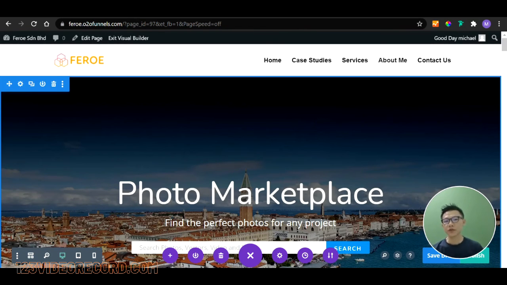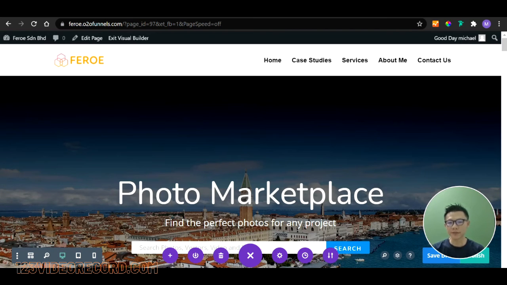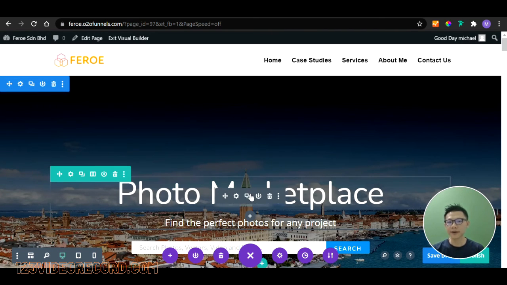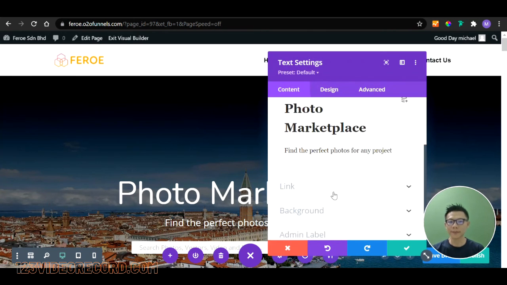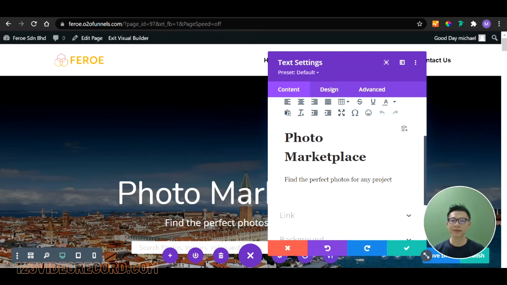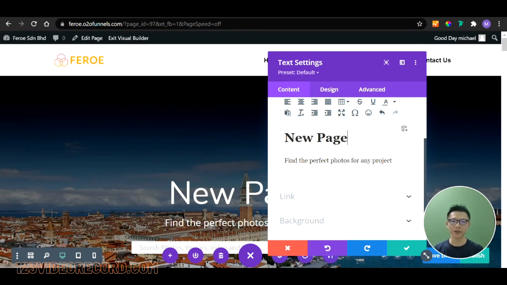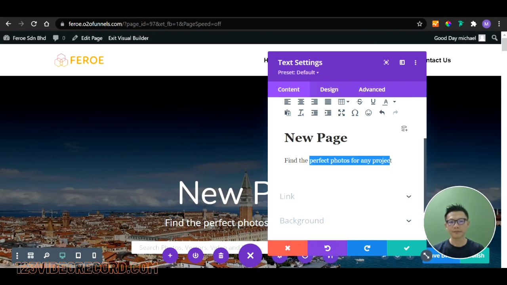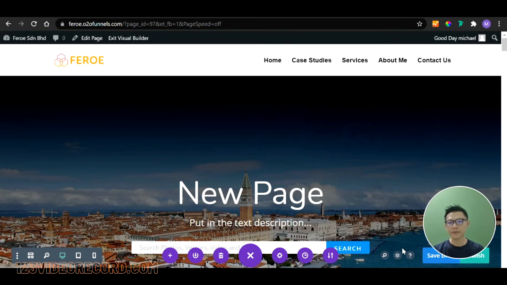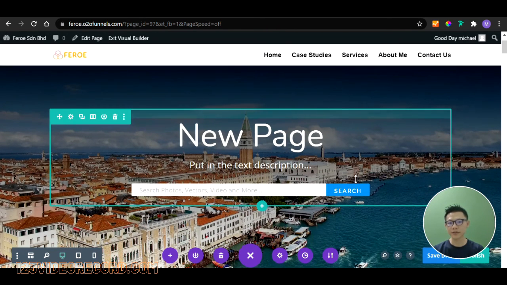Alright, so once it's fully loaded, it looks like this. And the same thing, you can start to edit the text, you know. So this is a new page. The title is a new page. And then put in the text description. Alright, here you go. So once it's done,